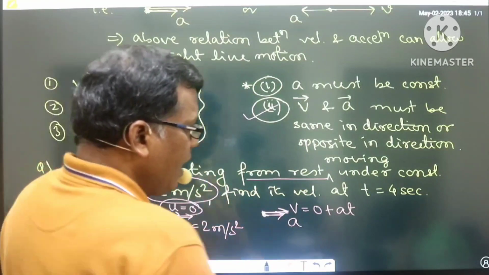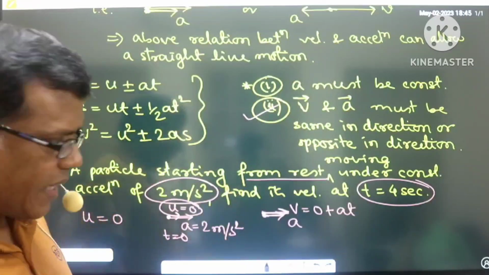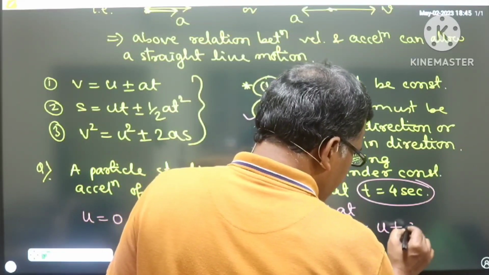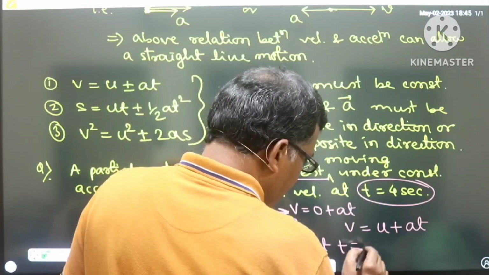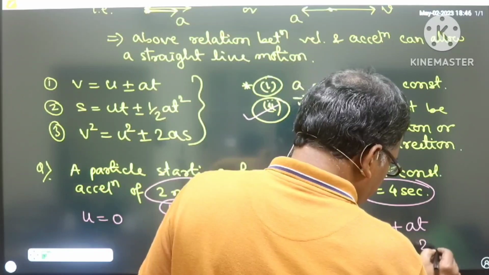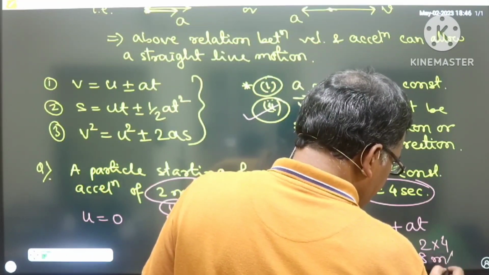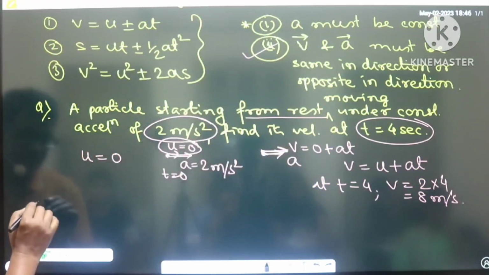So that's why, to get the final velocity at t equal to 4 seconds, I can apply v is equal to u plus at, at t equal to 4. Substituting t equal to 4, I can write down it is 2 into 4, means 8 meter per second. Clear? Based on this, if I say